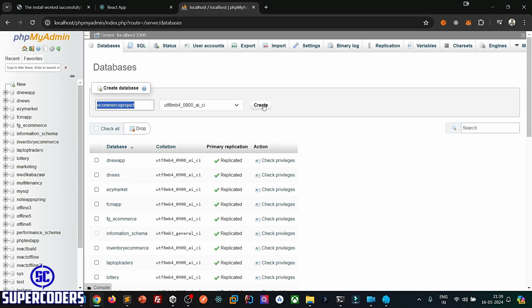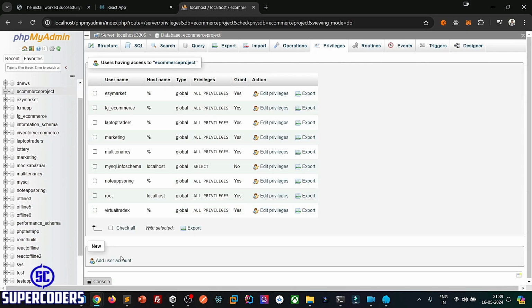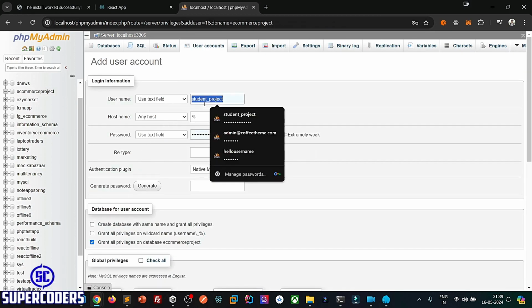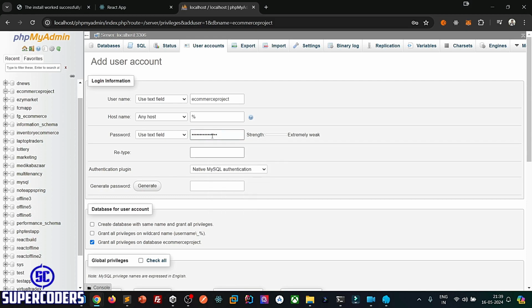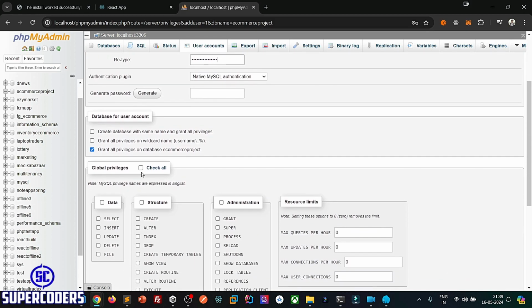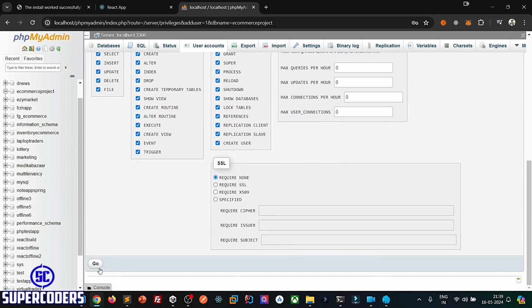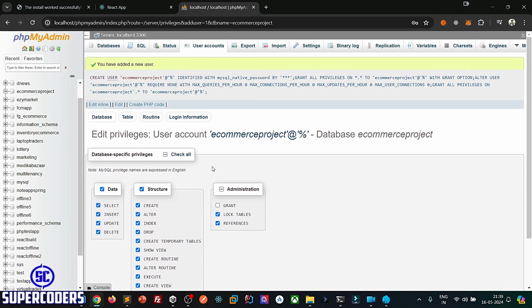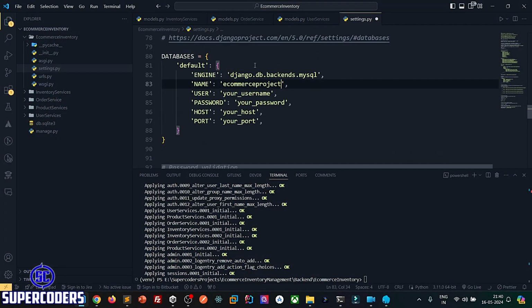Copy the name, create the project database, come to privileges, add a new user account, make the username, host name okay, password same, retype same, grant all permissions. So using this phpMyAdmin tool, you can make your work easier. I can use the MySQL command line tool, but I prefer phpMyAdmin to make our work easier. So here